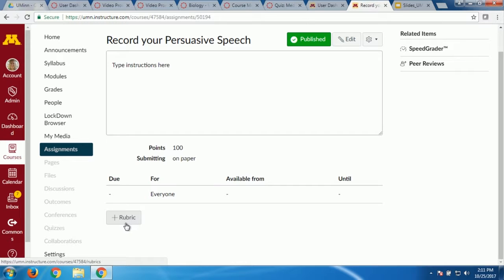Everyone always looks for a rubric when they're editing. It's kind of logical, right? I would think the same thing, but you do not see a rubric in Canvas till you save the assignment. All right? So that's key. Saving the assignment is how you then see that plus rubric button. You don't have to add a rubric, but you have that option every time you build an assignment. Discussions also have the rubric capabilities.